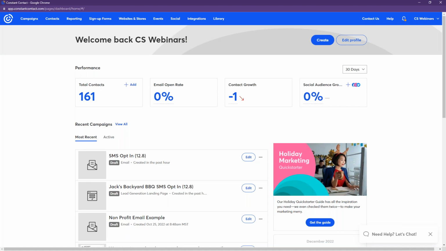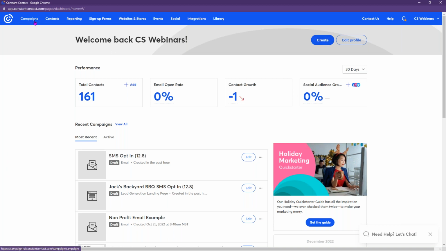And I'm going to start by showing you how to create that lead generation landing page I mentioned earlier. In order to send messages to your audience, first, you have to have them opt in and build that list. So to create this landing page here, you will click here on Create in the top right of the account,